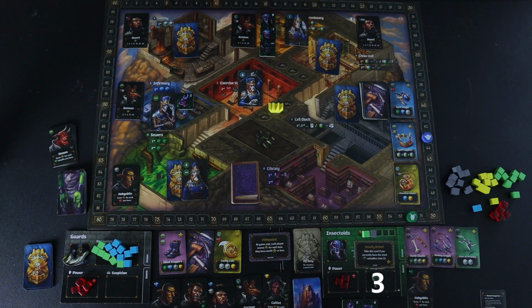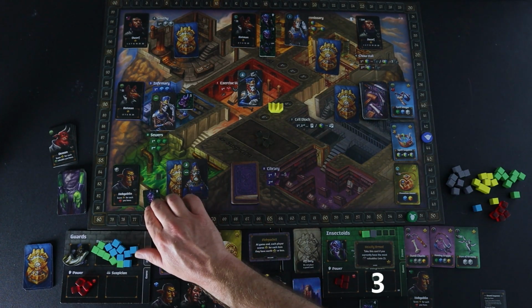But to make sure that I have... Oh, I could always get the spell slinger if I get a potion, and I could get the potion at the commissary if I need to. I don't have to get gold. So let's just go to the sewers and get...